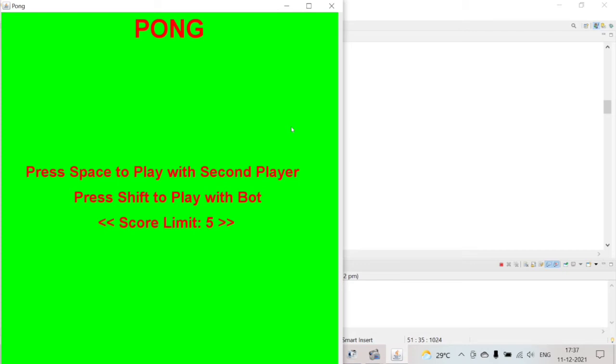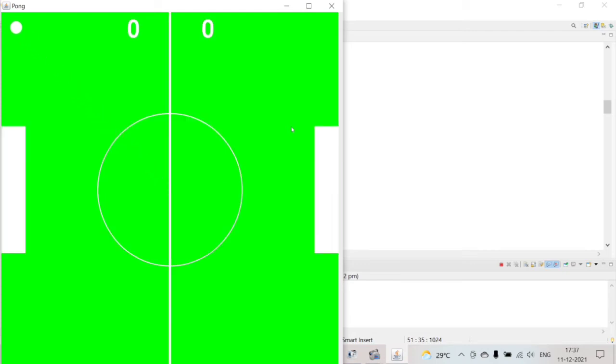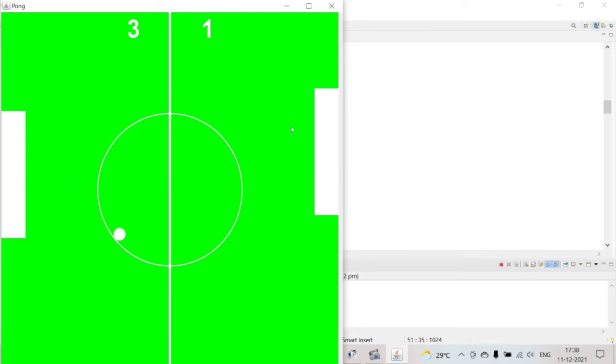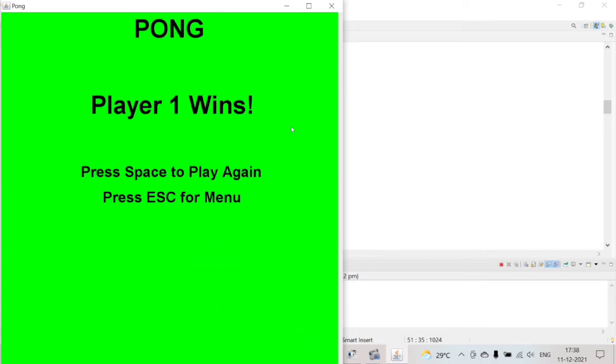So now we can play the game by using key buttons, up and down arrows for the player 1 and W and S keys for the player 2. Or else we can use joysticks for our comfort. So now the game has started. So here we can see the game is going on, I'm controlling it with the right paddle with up and down arrows and the left paddle with W and S keys. So the player who gets 5 points first wins.